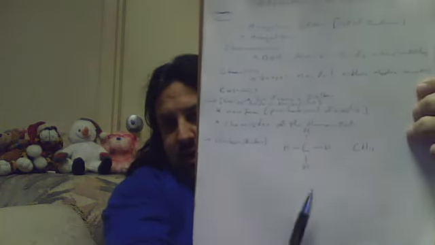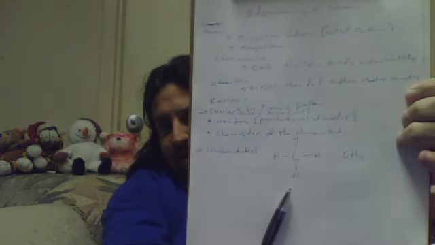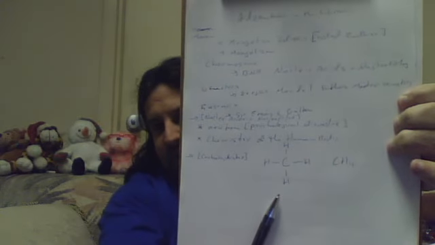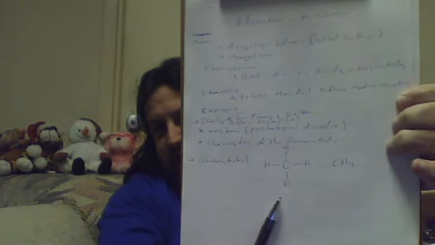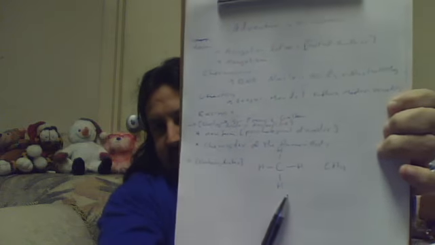This is the structural diagram of methane, your basic hydrocarbon. And then this here is your chemical formula, the basic chemical formula. Now it does get a little more complicated than that, because as you start